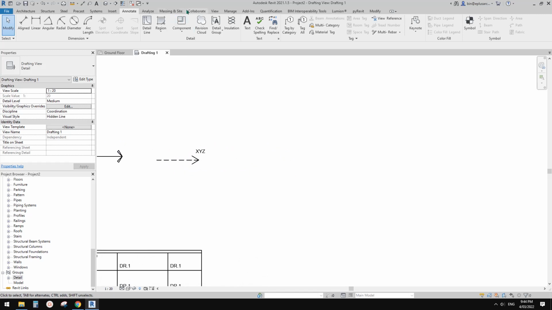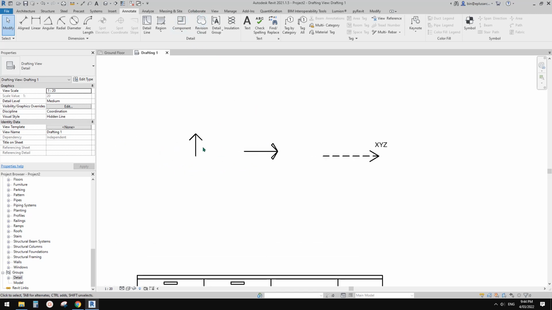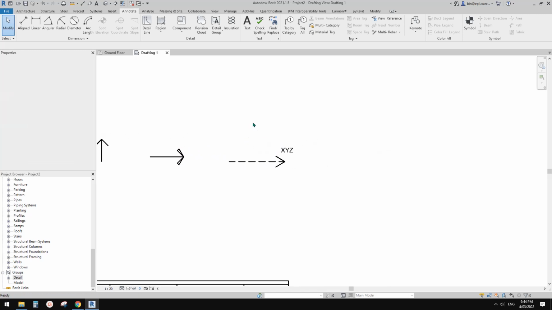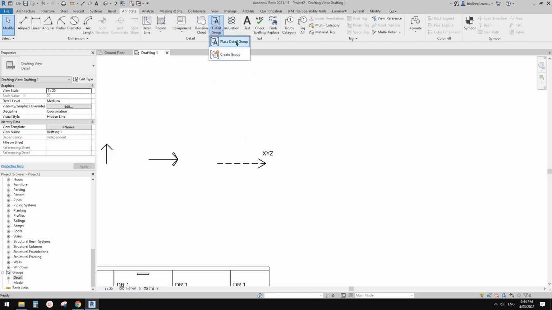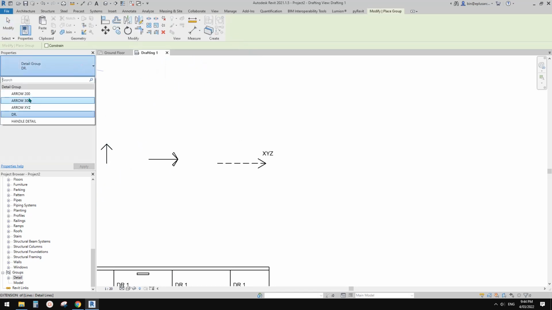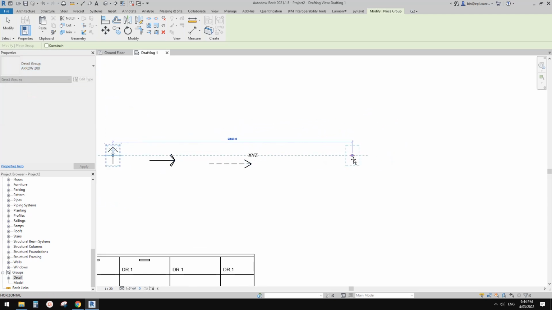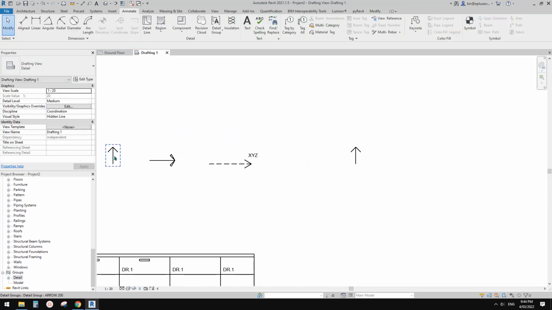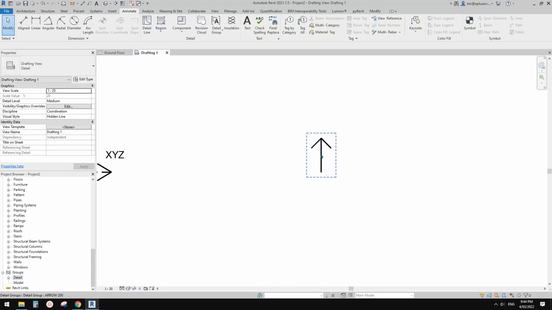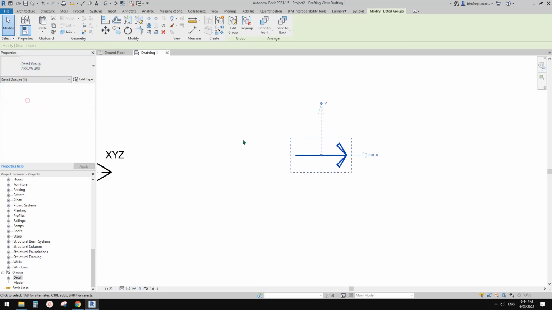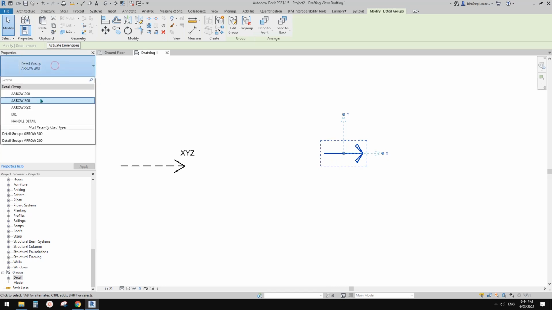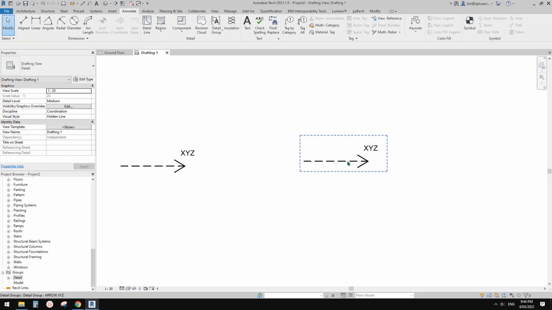First, when we create them, they are facing different directions. So if I go here, place detail group, find that arrow, for 200, you will see it will be exactly like the one we just did. And if I change this one to 300, you will see it will change to this direction. And if I change this to XYZ, you will see it adjusts the location as well, because this is